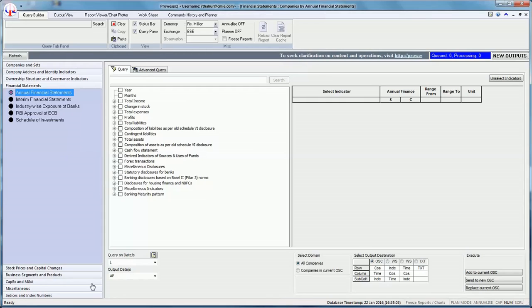Query on changes in index constituents. This query trigger is available under Stock Prices and Capital Changes section. This query trigger enables the user to find companies which constitute the selected indices which have undergone a change in